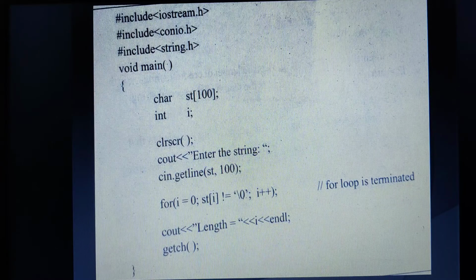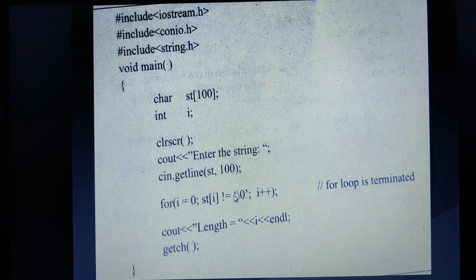I hope you are able to understand. Suppose I have not given a semicolon here, then definitely the next statement you write after the for loop would be considered as a true part of this particular for loop. Since your for loop is terminated here itself, you don't have any other statement associated with it. In fact, it keeps on repeating itself until this particular condition is satisfied.